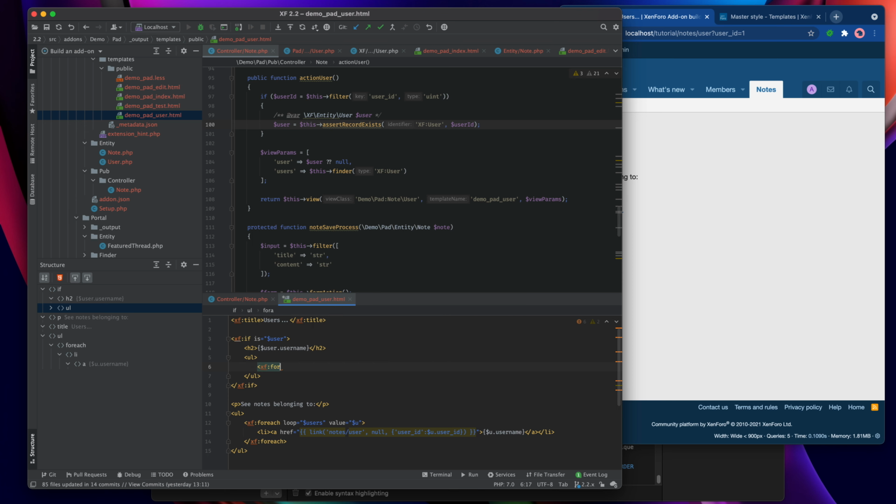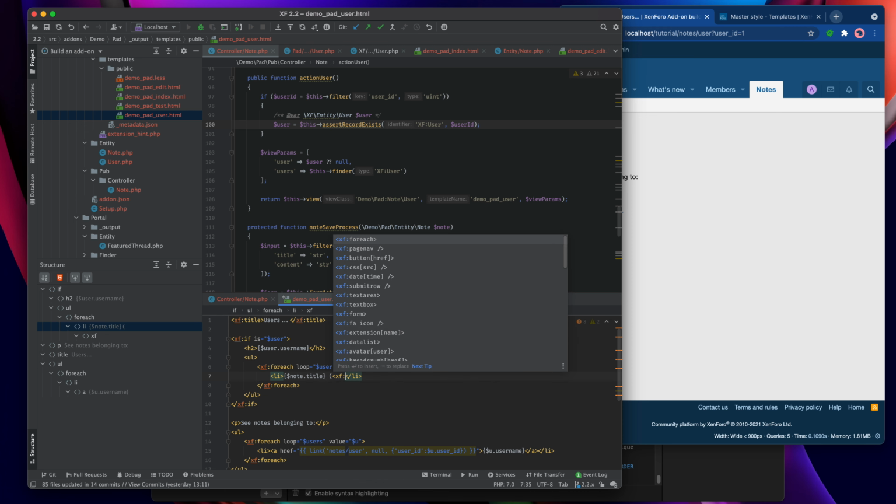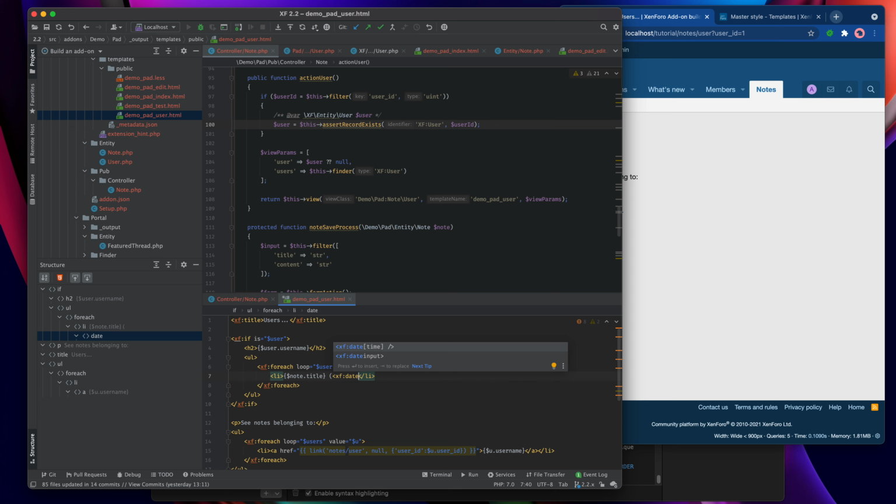xf:foreach loop equals user.notes as noteID and note, and then we can just reference it straight away. note.title, and let's do xf:date time equals note.post_date.